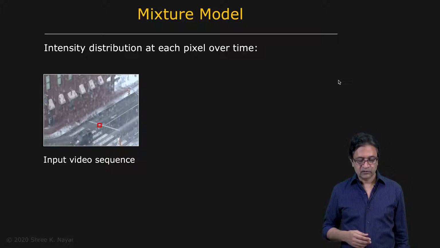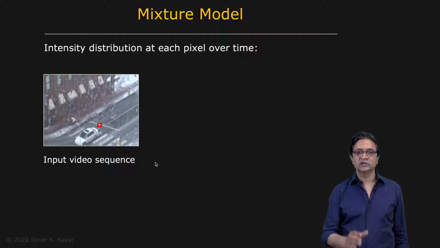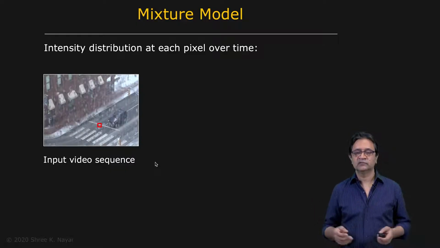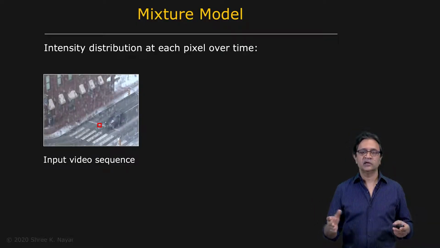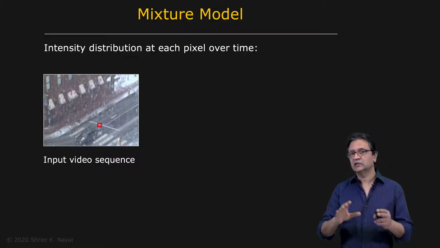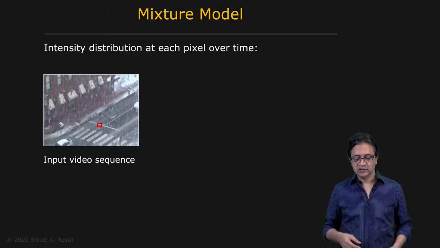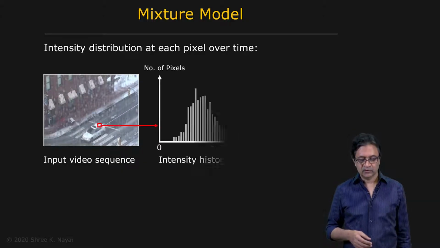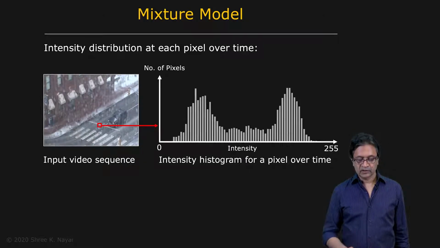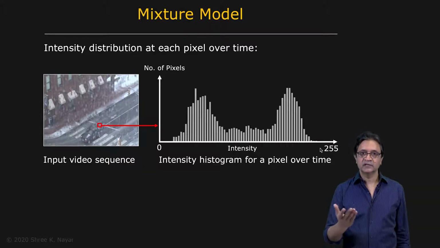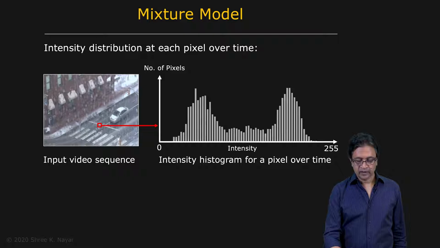Now let's consider one pixel here, shown by this red window right here. And let's watch this pixel for a certain amount of time, let's say 1,000 frames. We take the intensity values, and we'll talk about intensity for now and then color later. But let's just look at the brightness values, and we essentially compute a histogram of the brightness values. So that's the histogram that you see right here. The values go from 0 to 255. Let's say it's an 8-bit image, and this is the histogram corresponding to that pixel.